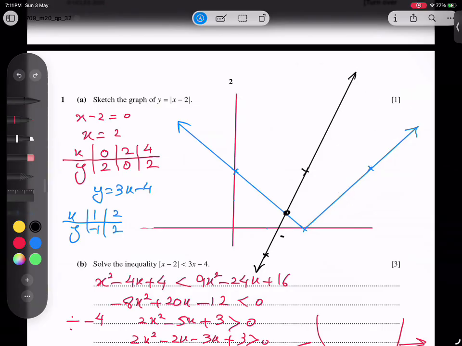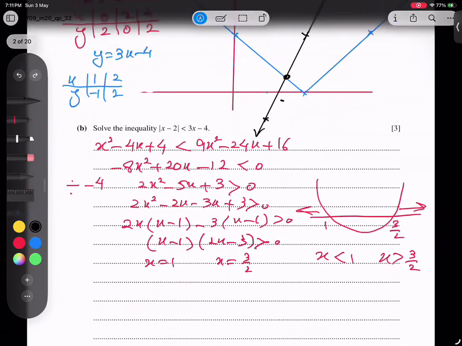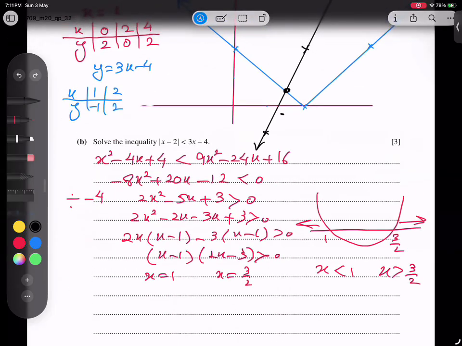Okay, it means that if this black line is like this, so chances are there, even slightly like this, chances are there they will intersect. But I think it's very clear they are not intersecting. So we have one answer, and it is a small number. Okay, and we can say the answer is